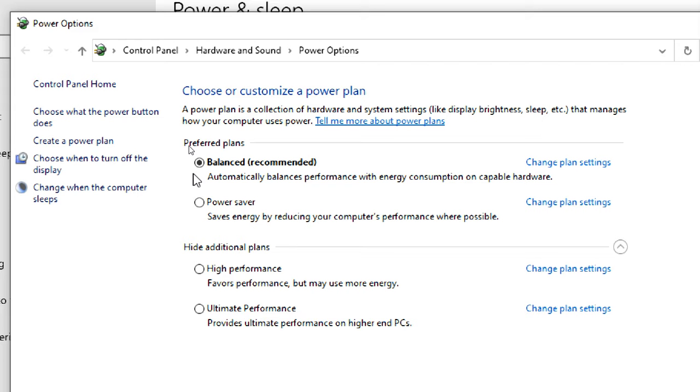Reducing the brightness is also power saver. High performance means full 100% brightness, more energy consumption, and not going to sleep mode. So these are all in high performance.